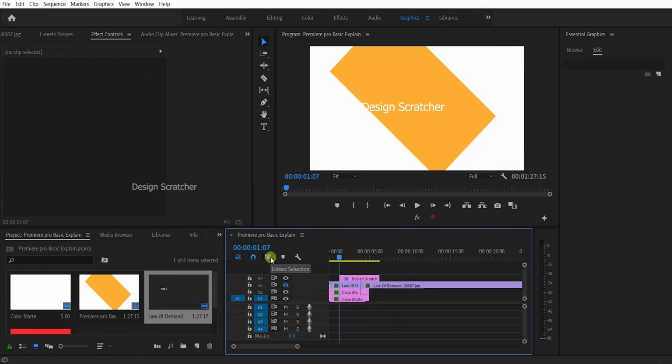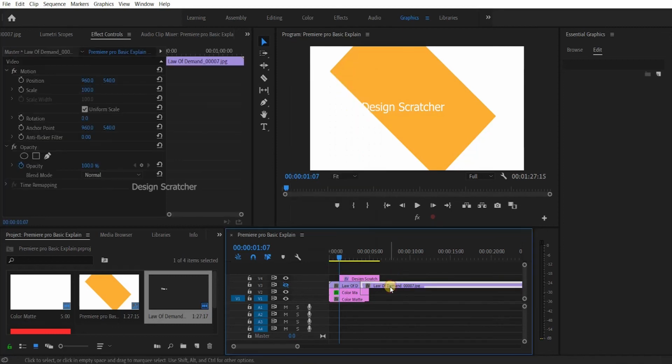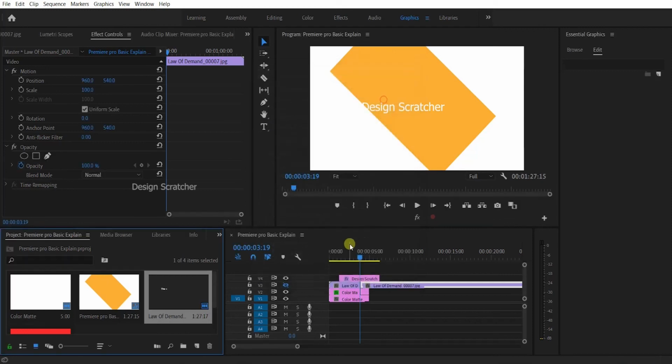Then link selection also. Then add marker, everything, and timeline display settings, you can change it here, wireframe, everything here also, for your kind of preference only. Then this is for the Premiere Pro selection, everything here. This is for basic selection, the master selection, everything here also, the switches, the automatic duration settings, everything here also to your kind of preference only.